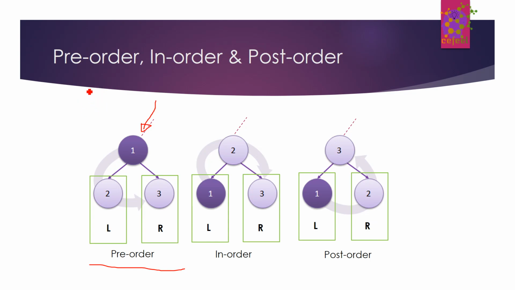The preorder traversal strategy is to first visit the root, or first visit the current node, then visit the left subtree, and then the right subtree, and do that recursively for each node. Inorder